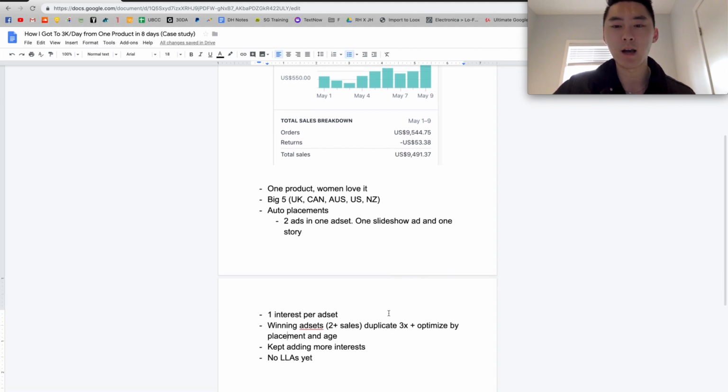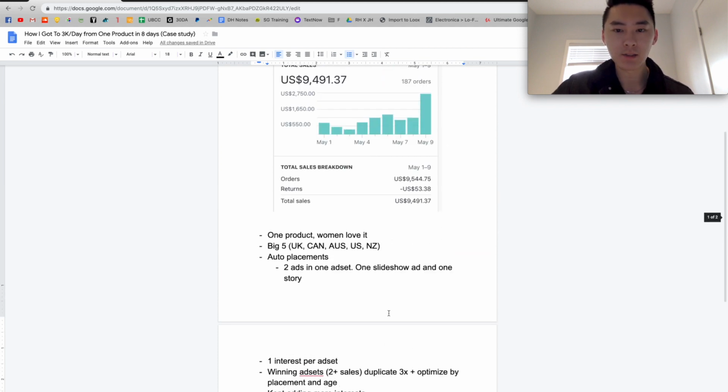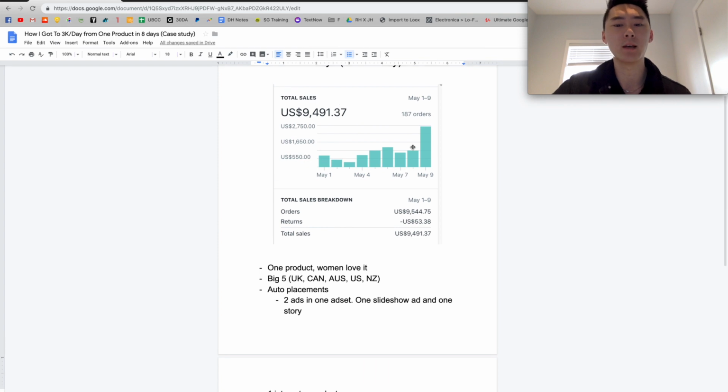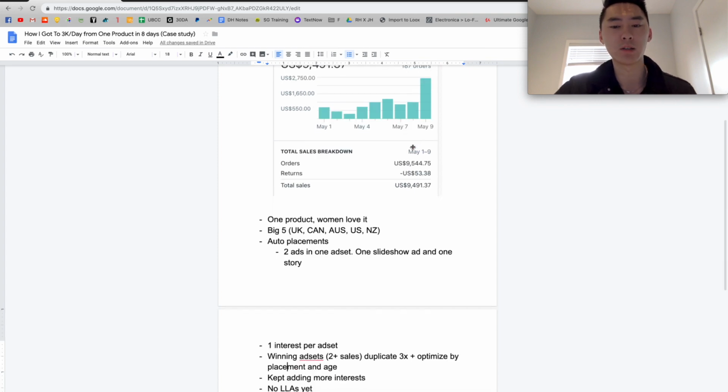But basically, the bottom line is you shouldn't rush your lookalike audiences, and cold interest can work fine, and you can scale depending on the strategy, either by country or by the different interests that you have. And so in about 8 or 9 days, I managed to reach about 10K in sales, which is not bad, especially considering